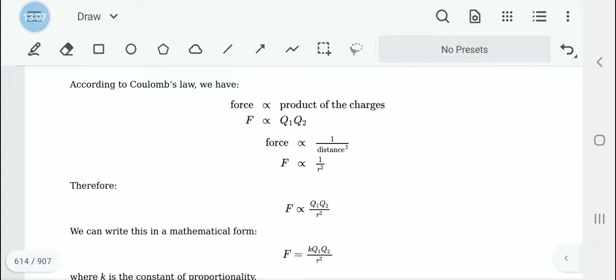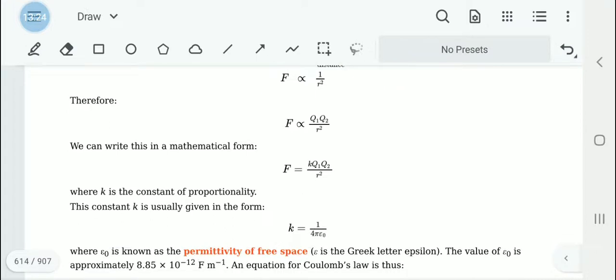F is proportional to Q1, Q2. Then force is inversely proportional to separation squared. That is, force is proportional to 1 upon distance squared, which is F is proportional to 1 upon R squared. By combining, F is proportional to Q1 Q2 divided by R squared, we equate that to F equals KQ1 Q2 upon R squared,